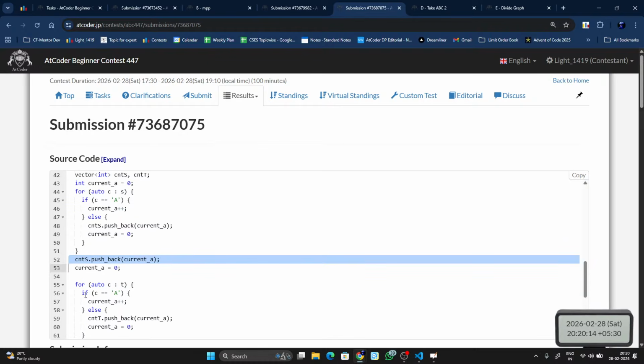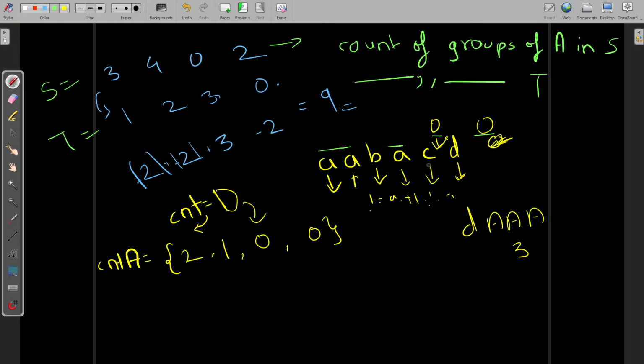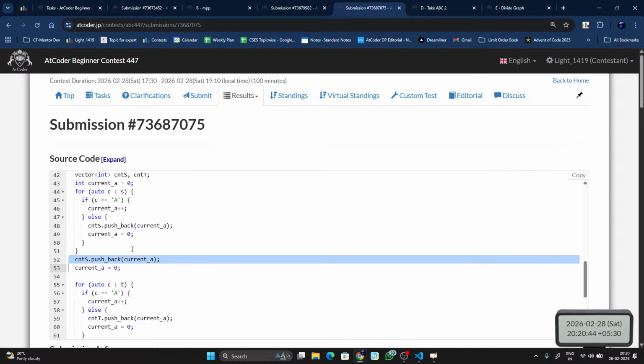Okay, so I have finished the string, and now I need to push back this last value, because let's say there was D, A. Then we didn't find any other new character. Insertion does not happen upon A, right? Insertion only happens when there is a new character, let's say E or any other character which is not A. Then when I come upon E, I insert this three value into the vector. But if the string ends over here, then we have not inserted this count of three into the vector, right? So regardless of whether the string finished at A or not at A, we'll still push back that particular value